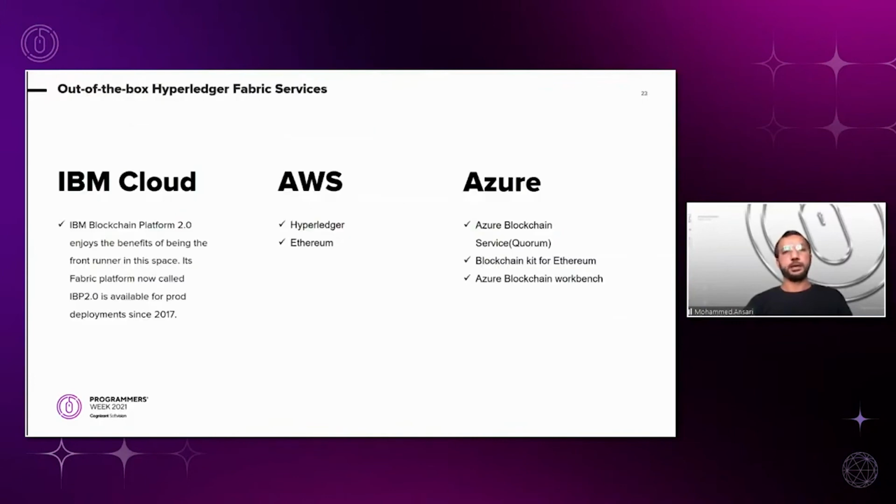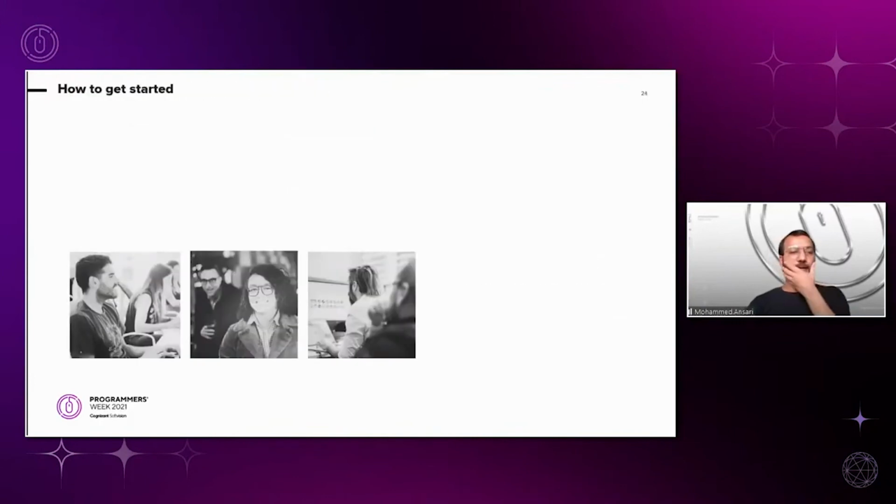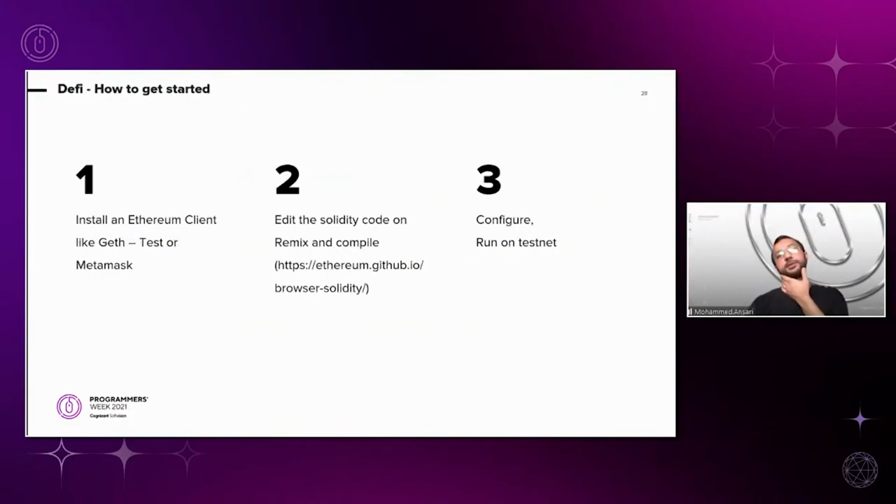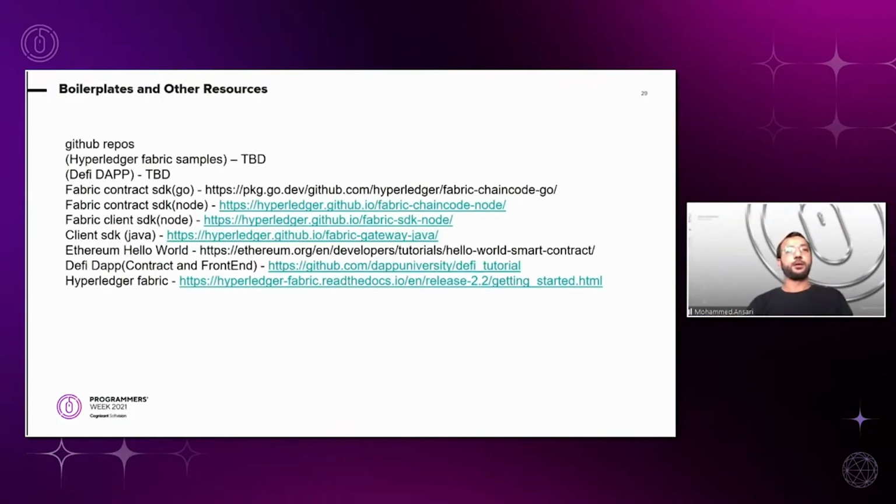Let me skip a couple of slides. Now, what I've done here is that I have provided a few steps for the developers on this call to get themselves started with Hyperledger Fabric as well as Ethereum dApps. It heavily depends on the platform. After the session, I would get in touch with the organizers and put this information on a shared folder or a drive so that you could access this.